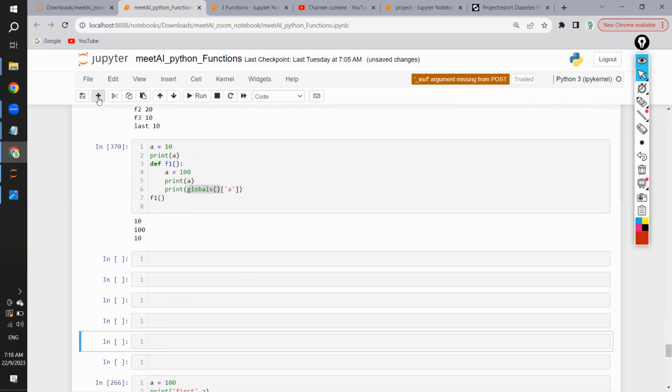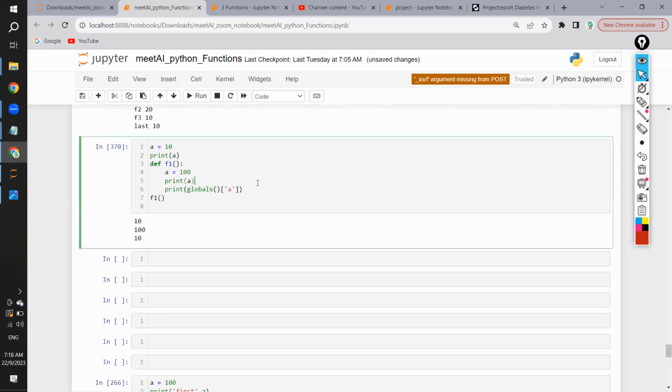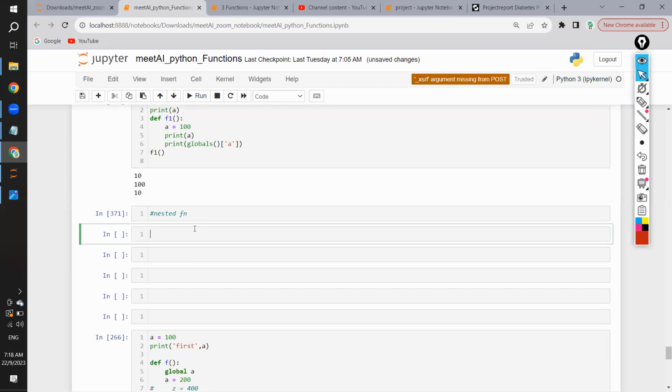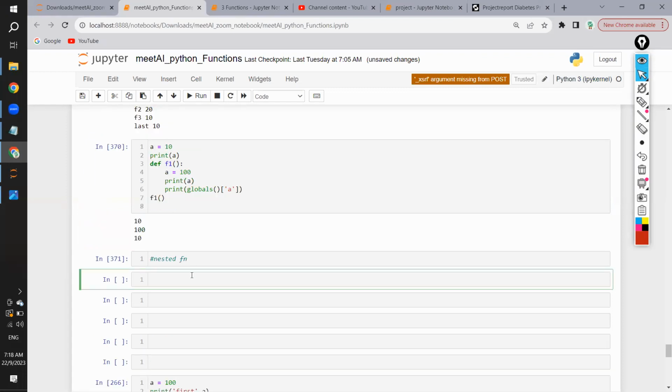Next thing, we have something called a nested function. Let's see something called nested function. So what is a nested function? If I create a function, for example define first,